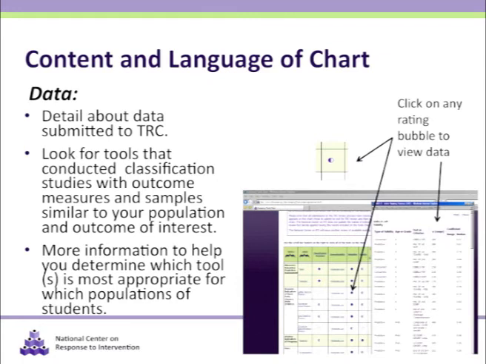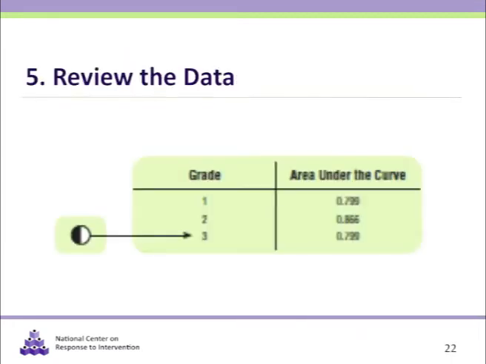The detailed data can also help you determine the tools that are appropriate for a subgroup of students. For example, your district or subgroup of interest may comprise mostly of English language learners. Therefore, you may be interested in how accurately the tool classifies students for risk categories, how reliable it is, and how valid it is for only the ELL students. By clicking on the bubble in the disaggregated data column, you will be able to see detailed data about how well the tool works among various subgroups.